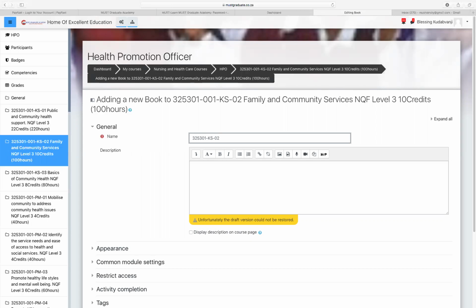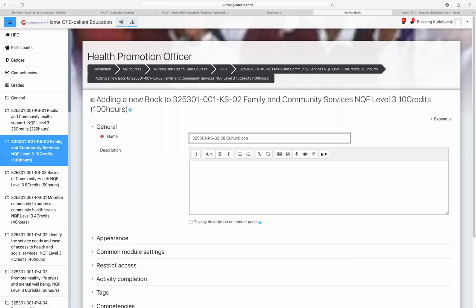Now that's the module for the book that I'm adding, and then it is going to be chapter 8, and then I'll put the title, which is cultural. So you can put it however you want it to identify any chapter in your book, or how it is written in your textbooks that you actually use in the traditional learning. And practices